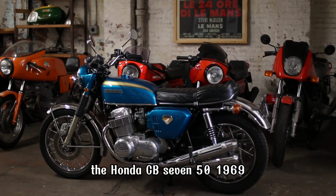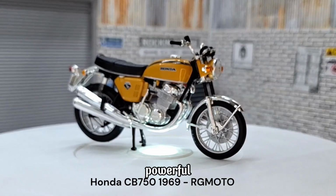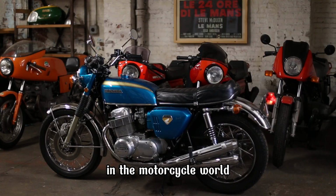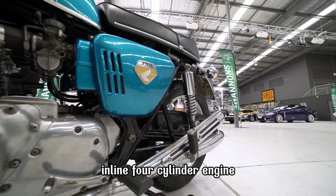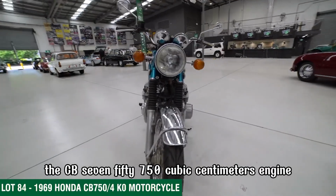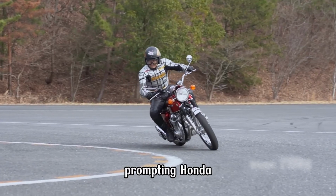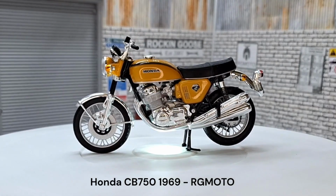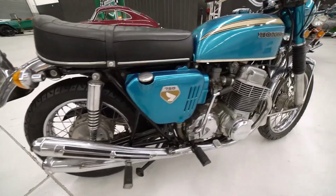The Honda CB 750 1969 was the Japanese manufacturer's first consumer model equipped with a large engine powerful enough to rival certain professional racing bikes. Widely regarded as a game-changer in the motorcycle world, the CB 750 featured a revolutionary inline four-cylinder engine, which set the foundation for modern performance motorcycles. The CB 750's 750 cubic centimeters engine delivered impressive power, prompting Honda to develop an equally efficient braking system. As a result, the CB 750 became the world's first mass-produced motorcycle to feature a disc brake, a now standard